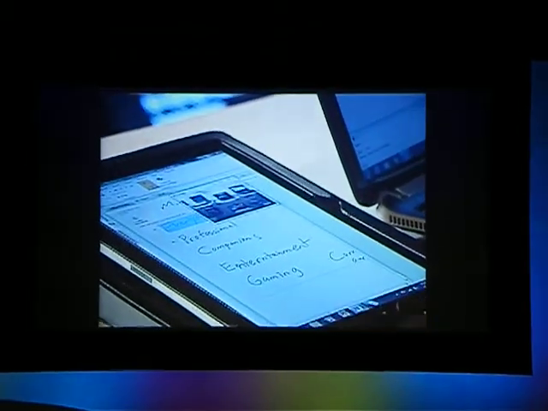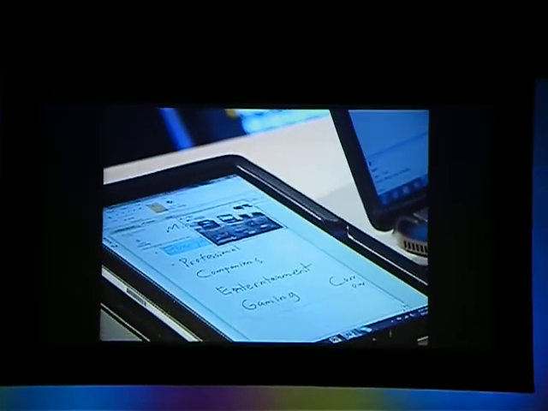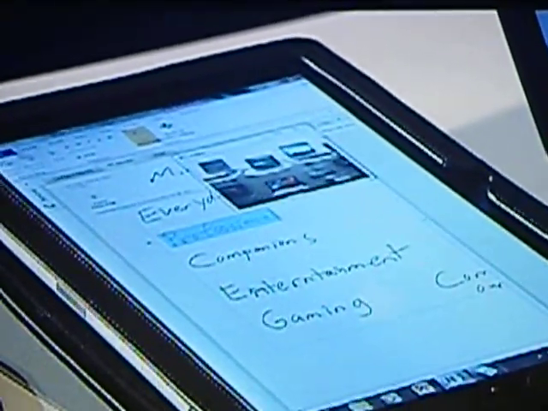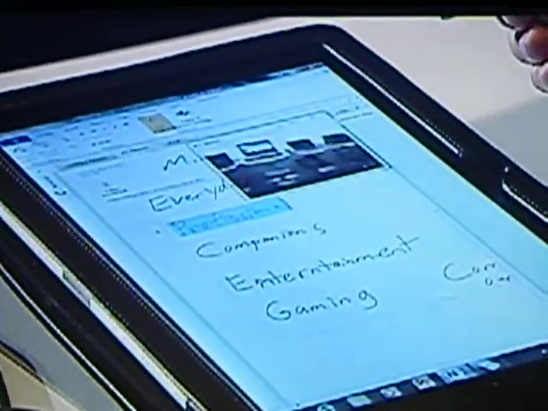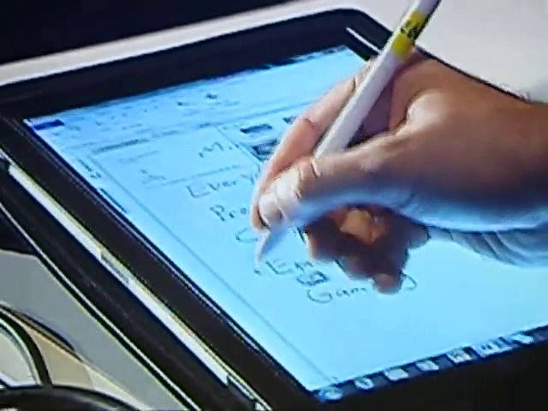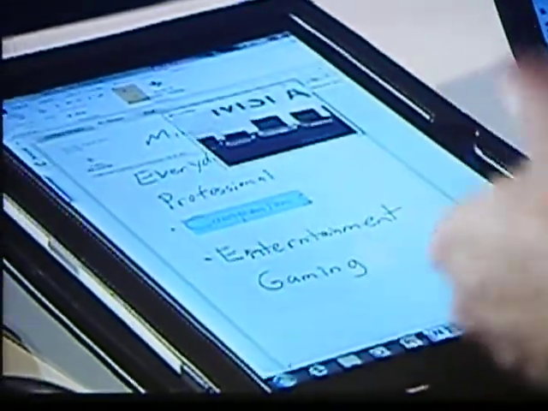Video at the same time. So when I do that, it actually ties the video back to the notes of where I was taking them. You see it highlights what I was taking at the time. And I can jump into any part of this, and it'll take me to the part of the video where